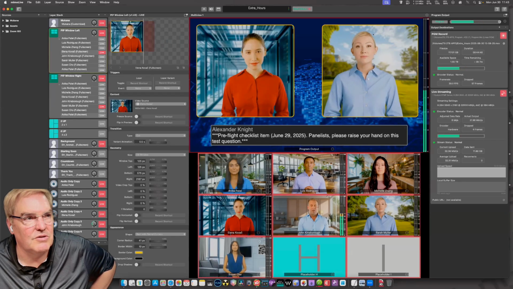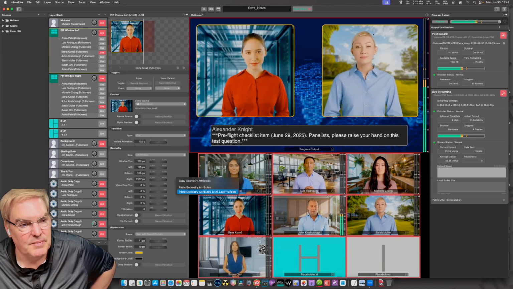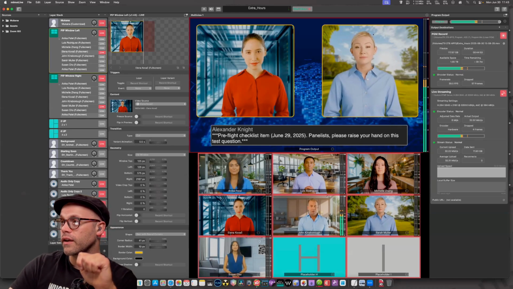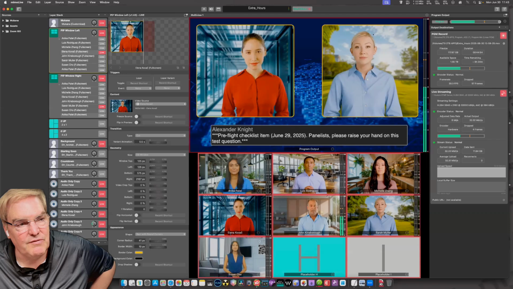Am I doing something wrong here? You want this one. Yeah, and then you can paste them to all variants, so all the variants are the same. Paste geometry attributes to all layer variants. Okay, gotcha. And you can do that with every one of these